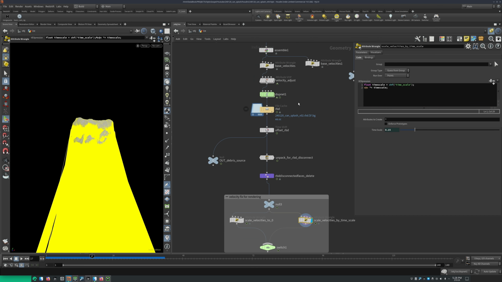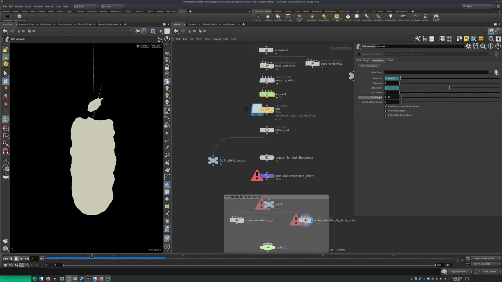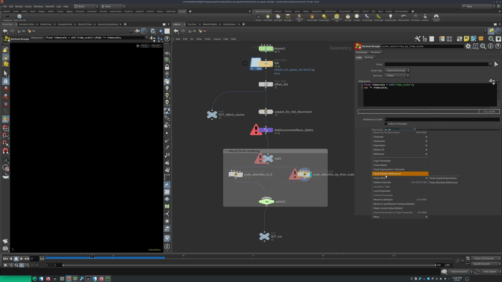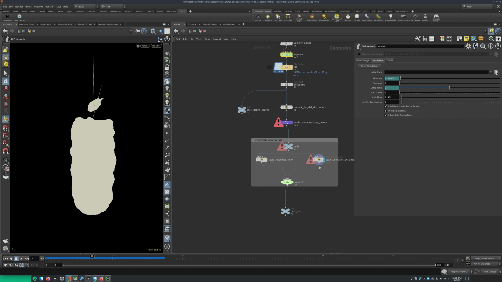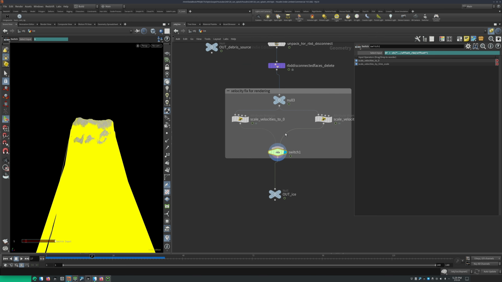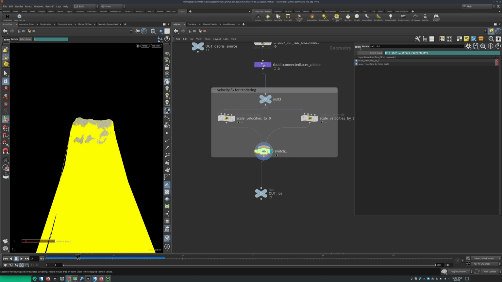And then I just right clicked on scale time, copy the parameter here, and then I paste it here with the paste relative reference. So this is always going to be the same. So if you change this, this should update and you should be fine. And then I just switch over to scale velocities at one point. So at the beginning,